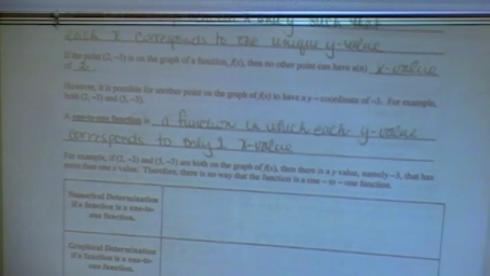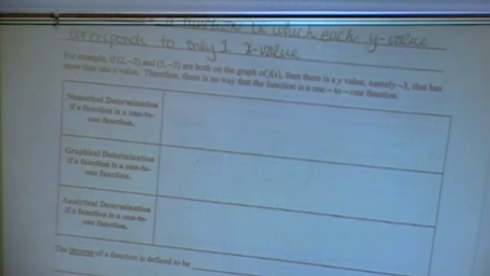Okay, so we're going to determine how we can tell if something is one-to-one as well as being a regular function. We already know how to tell if it's a function. It's if it passes the vertical line test. But the numerical determination